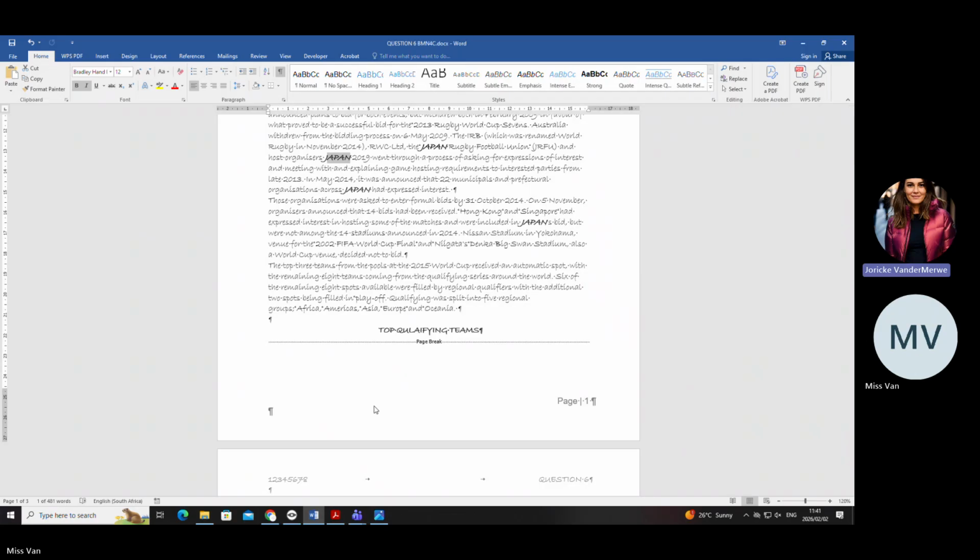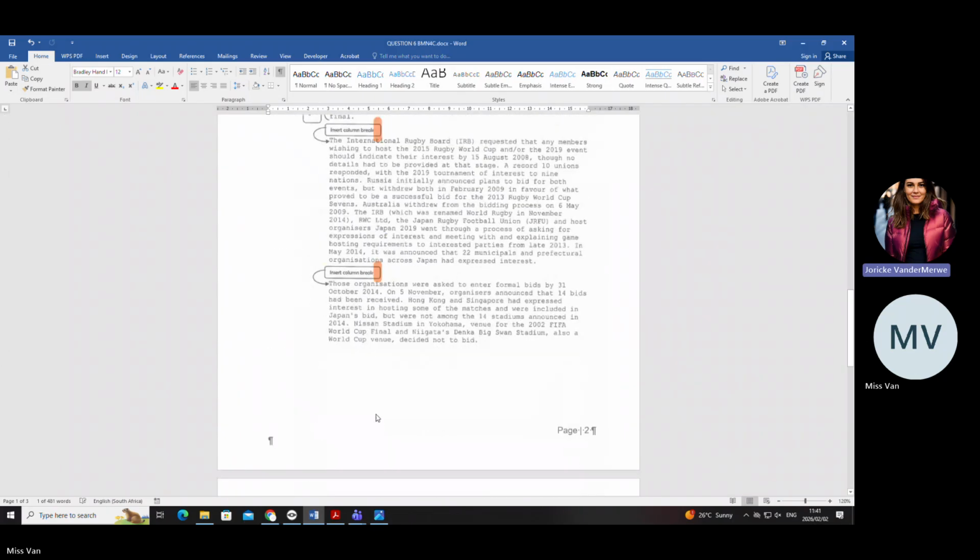So let's quickly do 6.10 and 6.11. And then I'm just going to teach you how to insert columns. So please just bear with me. There's 4 things we're going to do. We're going to do line numbering. We're going to insert the image. And we are going to do columns. It's actually 3 things. Okay. Are you all still good? Okay, deep breaths. Let's start.